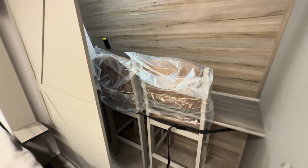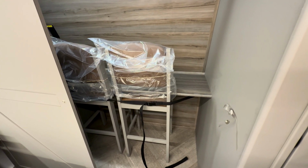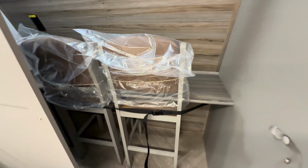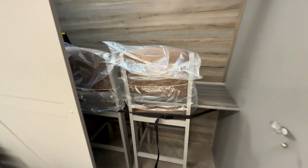That's that other desk I was talking about. I don't know how I feel about that. I mean, the chairs don't even fit up there. I'm assuming you take those chairs and head... Oh my God, I'm an idiot. It's not a second desk, you ding-dong. Those are just the chairs. They just place them there. It's just a shelf for your...